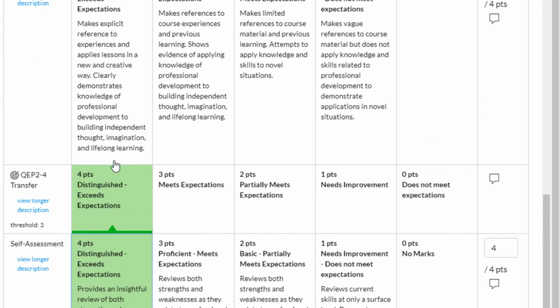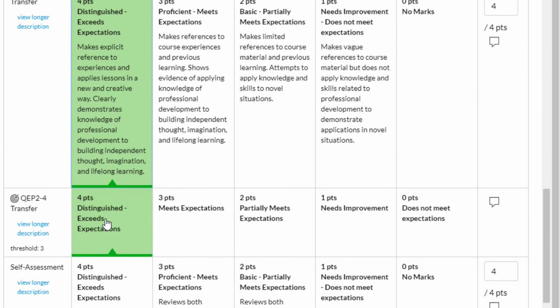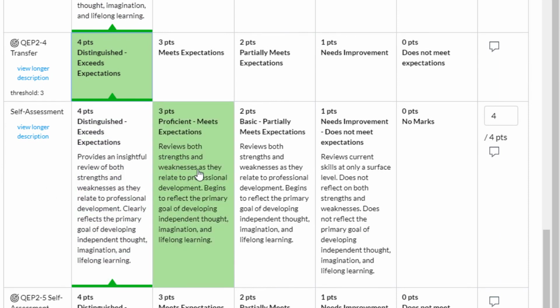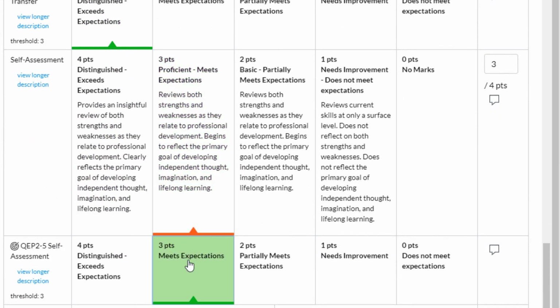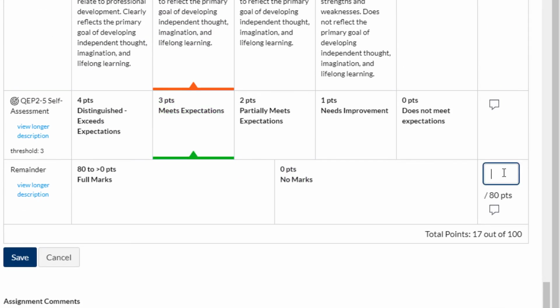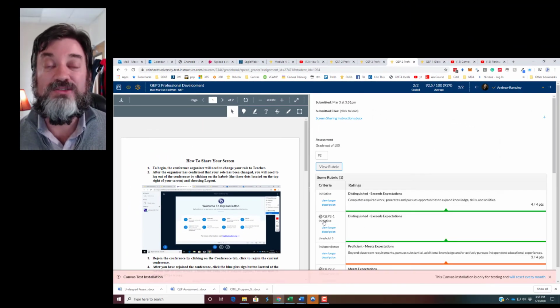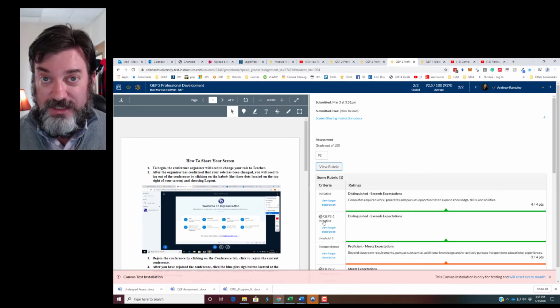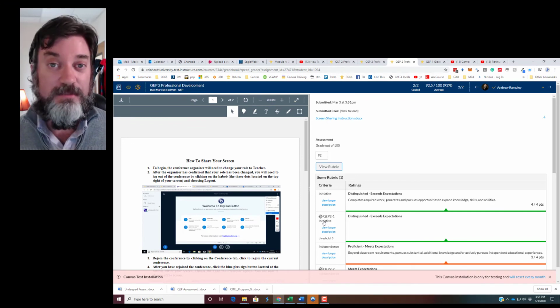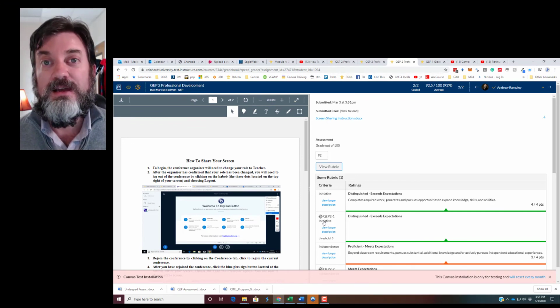Whoops, I messed it up. Transfer is a 4 and a 4. And then self-assessment, I'll say is a 3 and a 3. And I'll give him, he had a typo, I'm only going to give him 75 points. And save. Okay? And that's how you can score your reflection papers in Canvas after you have imported that QEP